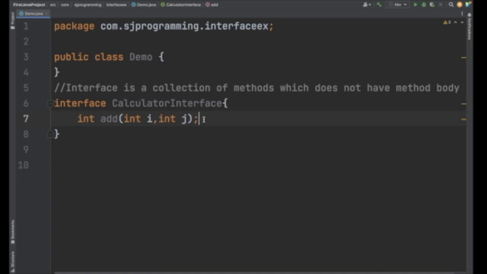In simple words, if we talk about the interface, it means whatever services you want to provide. Services means what? See, I am teaching you, right? So this teaching is one service which I am providing to you. Then let's suppose any other service. Let's suppose we have this facility,